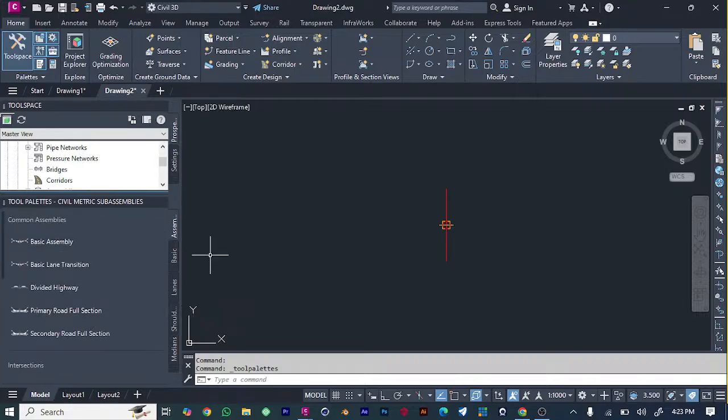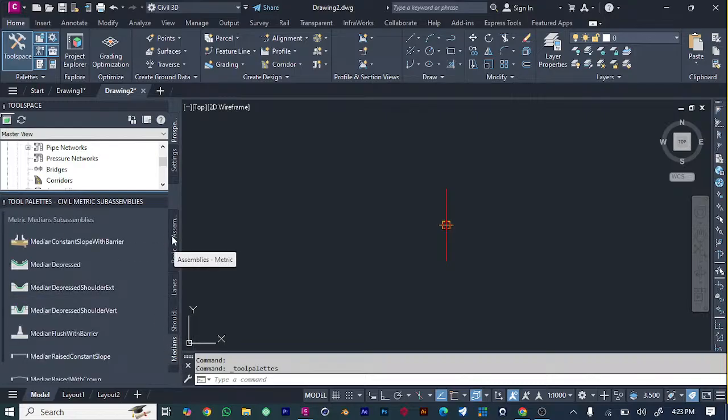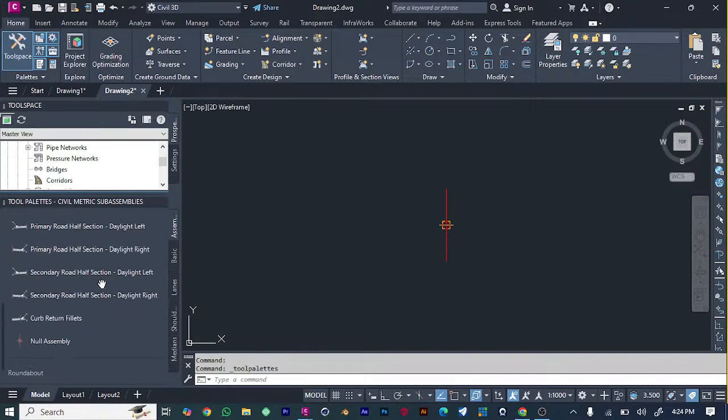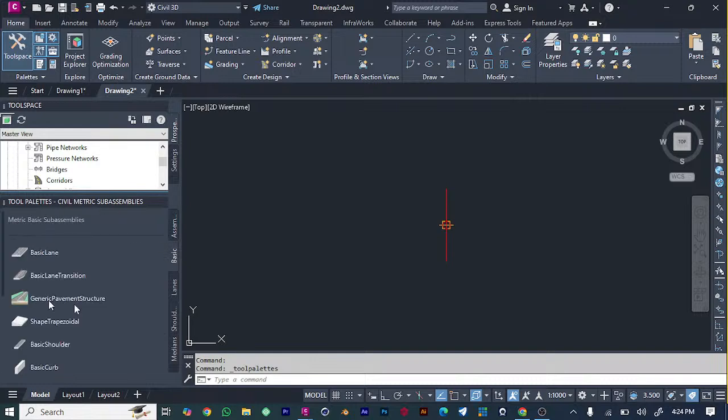So perhaps I can take you through this. This assembly basic: lane, shoulders, medians, and like that. Remember, the first thing that we need to do is to have a basic assembly, a basic lane transition, divided highway. So these are so much basic. So let's go to basic here, and then we can decide to create